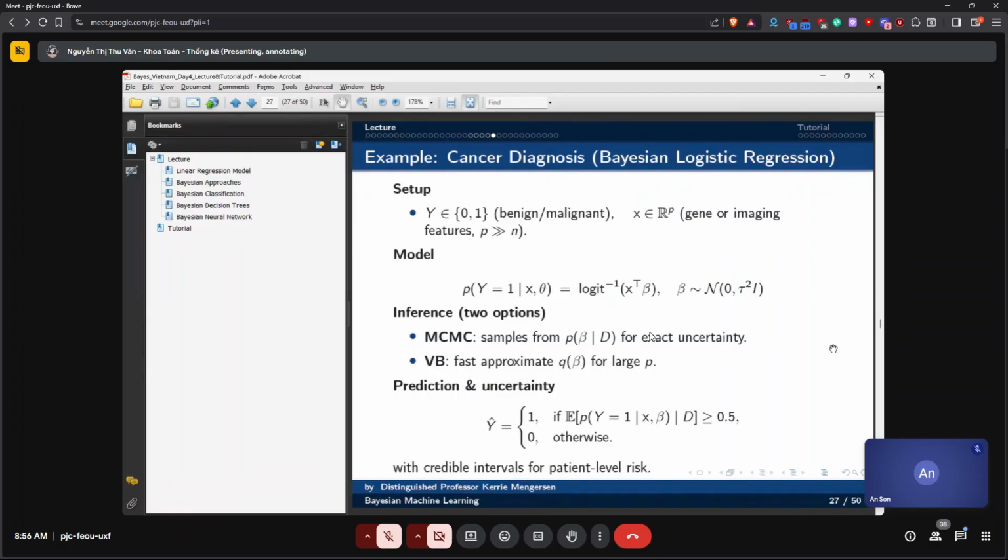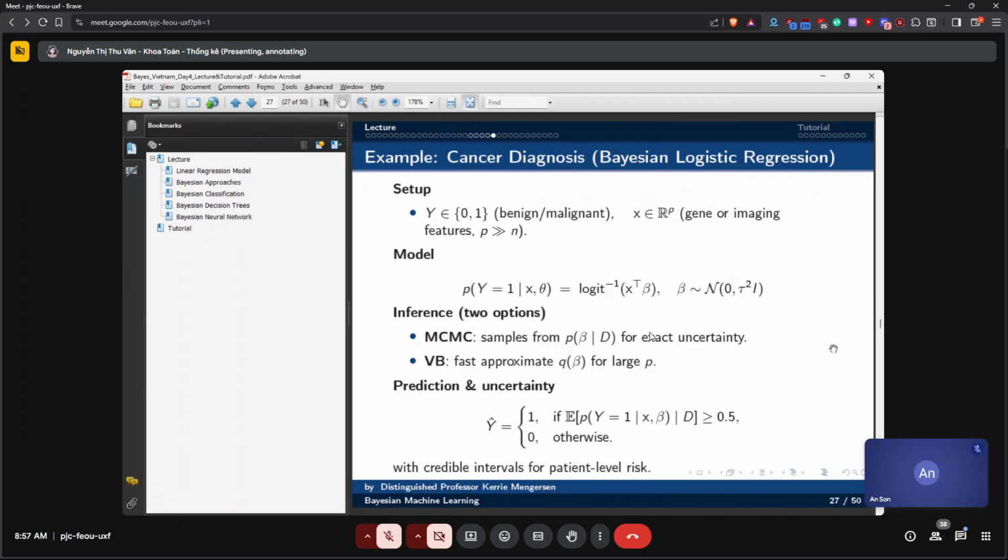And again, I can change that probability. I can say the probability has to be greater than 0.8 before I'm going to operate on the person, do surgery, or the probability has to be greater than 0.3 and I'll do further tests.